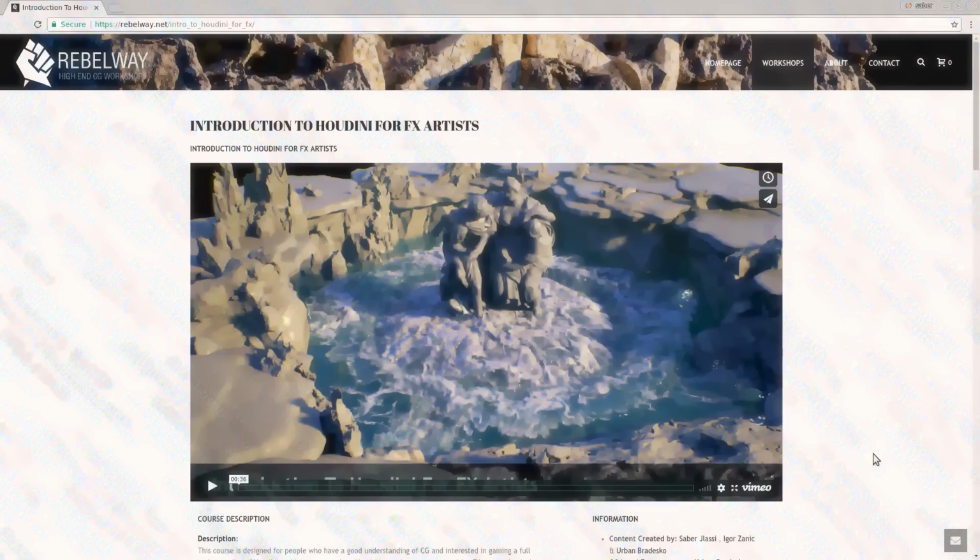So the first week is going to be an introduction that hopefully gets everybody at the same level. The more advanced user may find it a little bit repetitive, but it is required so that we can make sure that everybody, including the newly beginners, can comfortably get started with Houdini and